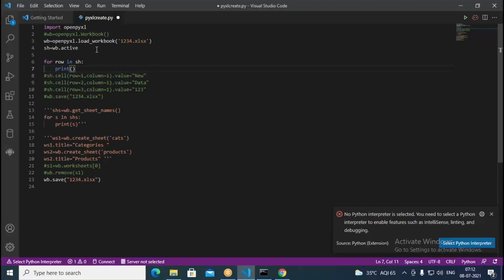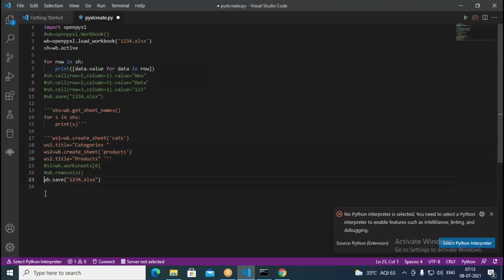Here we put in square brackets data dot value. We write like this, data dot value, then for data in row. So from every row we take data and print it. We have written for row in sheet, so one by one the rows are retrieved. Then we print data dot value for data in row, so whatever data is available in the row, we take all of it and print it.